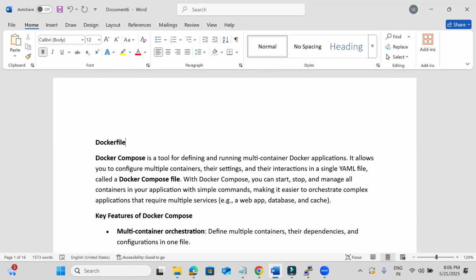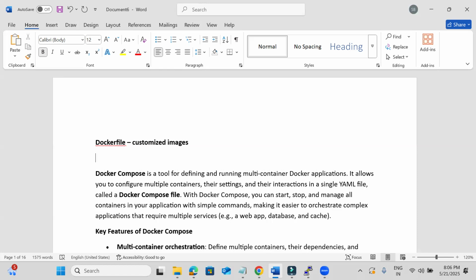So a Dockerfile is used to create our own customized images. Whereas in Docker Compose, we also have a Docker Compose file. People will ask what the difference is between a Dockerfile and a Docker Compose file, and why we use the Docker Compose file. For multiple containers, we would need multiple docker run commands. But I don't want to specify multiple docker run commands. As a single shot from the Docker Compose file, I can create